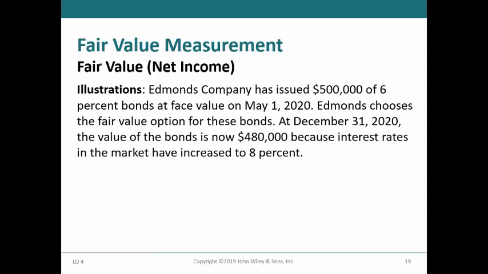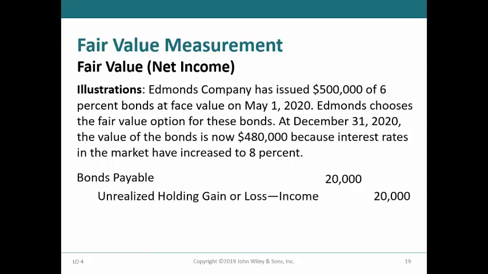To illustrate the reporting of bonds at fair value, we will consider Edmunds Company that issued $500,000 of 6% bonds at face value on May 1, 2020. Edmunds chooses the fair value option for the bonds. At December 31, 2020, the value of the bonds is now $480,000 because interest rates in the market have increased to 8%. As interest rates increase, the fair value of the bonds decrease. Therefore, to record the fair value, Edmunds would debit bonds payable for $20,000 and credit unrealized holding gain or loss